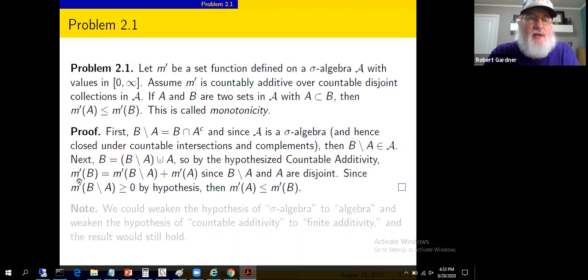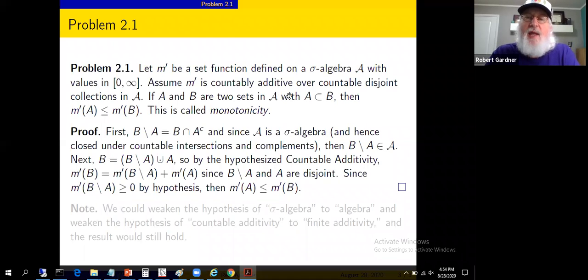So here we've got m prime of b equals something non-negative plus m prime of a. Okay, well, then it must be that this is less than or equal to that, because to m prime of a, we've added something non-negative to get m prime of b. M prime of a must be less than or equal to m prime of b. And they could be equal to each other because some sets can have measure 0. But you already knew that because we went through that idea of measure 0 in the Riemann-Lebesgue theorem. So if A is a subset of B, then m prime of A is less than or equal to m prime of B. Where m prime is, I want to say it's a measure.